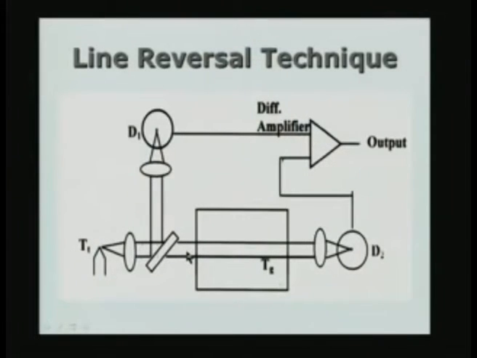From the target we have a monochromator which will allow only light of the correct wavelength, in this case the sodium emission wavelength, so that you are looking at that part of the spectrum alone. D1 will give you the direct view of the target, and D2 will give you the signal corresponding to the view through the gas, and when the two detectors give you an output equal to 0, then we know that the temperatures are the same. Of course, we have to calibrate the target by having the temperature measured independently for the target. So, whatever target temperature we measure is actually the gas temperature.